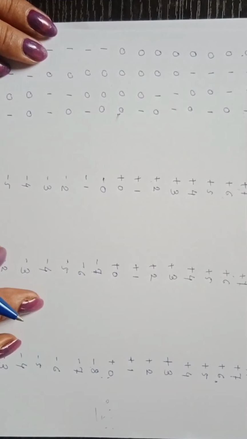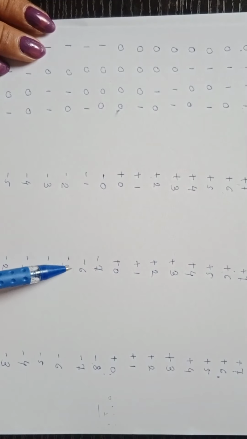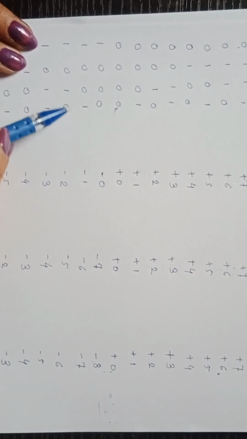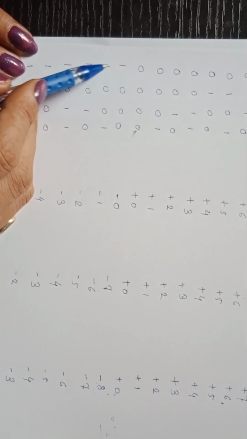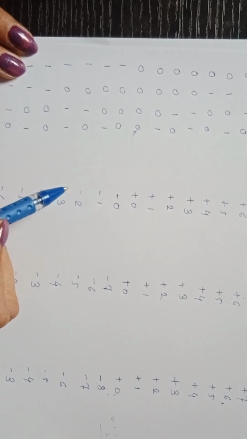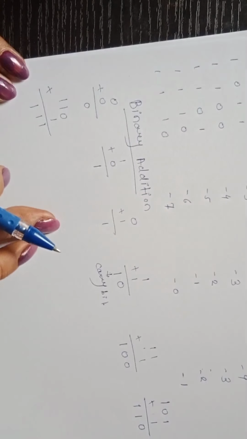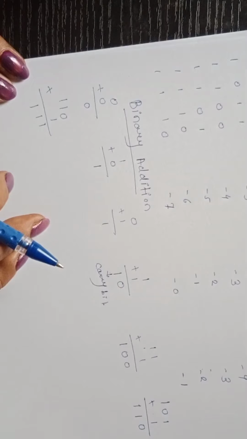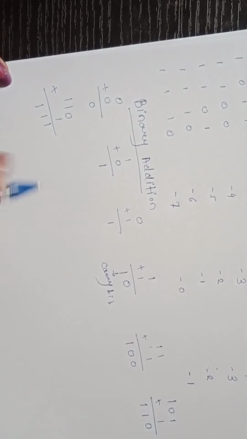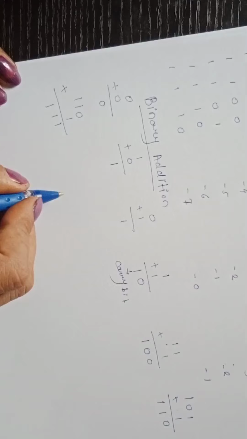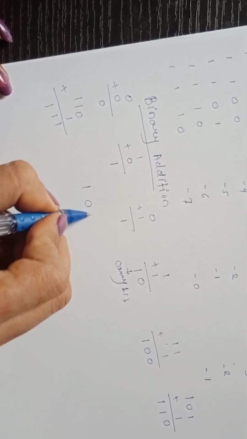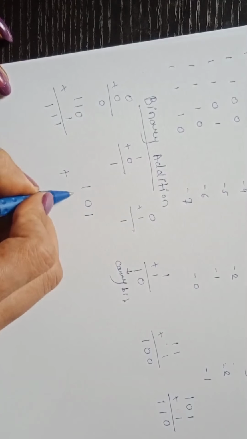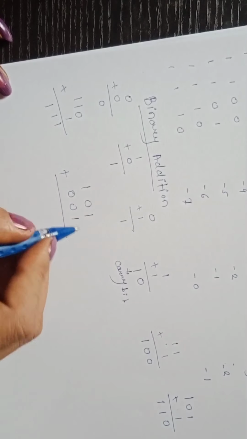Now about this table, you can try it by yourself by finding the one's complement, then the two's complement, and then by referring to the leftmost bit, we can find out whether it is a negative or positive number. Likewise for binary addition, do it by yourself. Take some binary numbers and perform addition on them. Now we will take some more examples for binary addition. Let's consider 101 plus 001. Now what will happen?